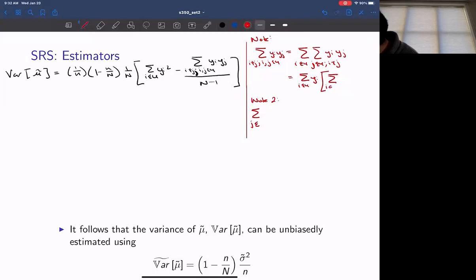So this is i in u. So we have an i in u attached to the yi here. And then we have i in u again for j not equal to i, of yj. Okay, there we go. Okay, that makes more sense. And then we can have i in u, j not equal to i,